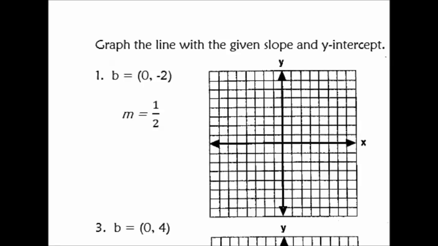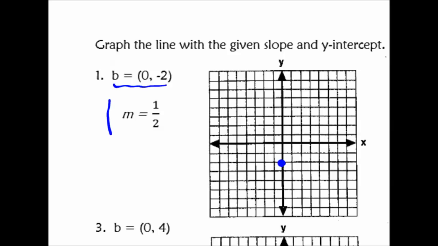All right, so now we're going to try to graph the lines given the slope and the y-intercept. So it's really just going backwards from what we did before. And the easiest way to start this is just using the point that they give you, the y-intercept. We're saying we're going to start our graph at (0, -2),